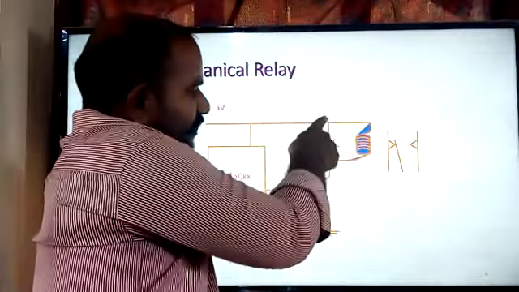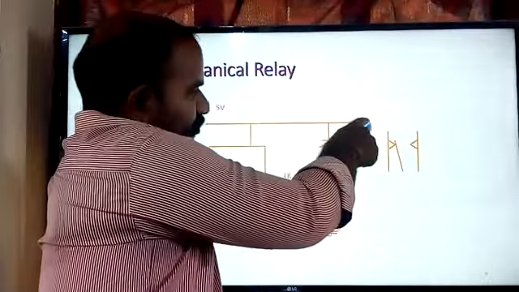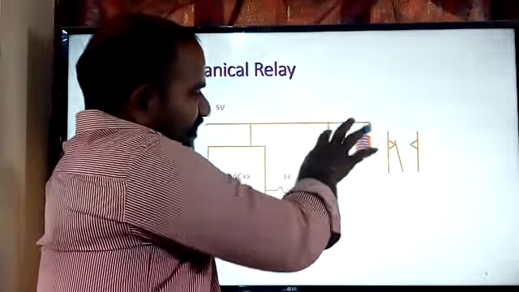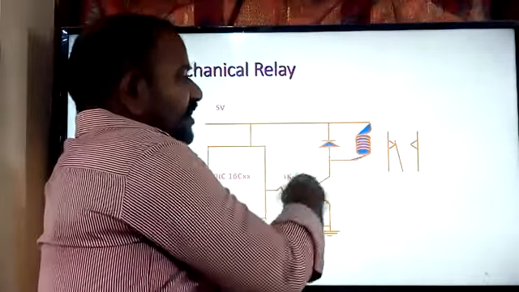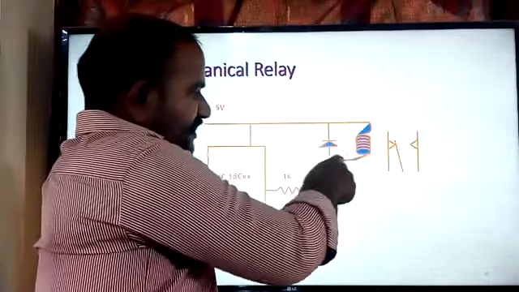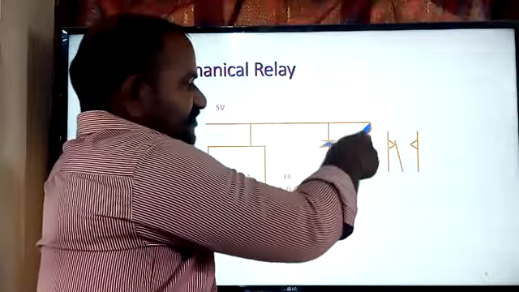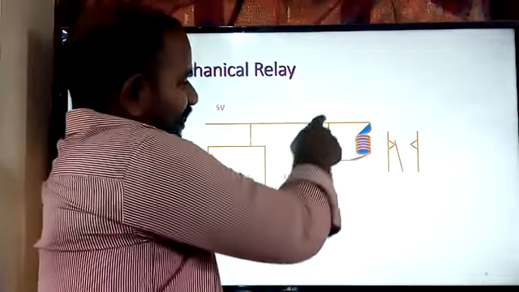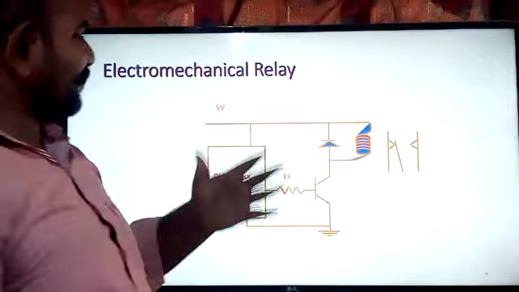Further, what we are doing is shorting one diode across the coil. During the charging operation, while the current is passing through this coil, the diode is in reverse bias. Because of that, the current is not passing through the diode, it is passing through the coil and terminating to the ground. But when you turn off the BJT, the discharging path for this coil is going to be the diode. So it is going to be a loop, continuously looping until the charge in this coil is completely discharged. For that, we have the diode over here. So this is interfacing the relay to the microcontroller.